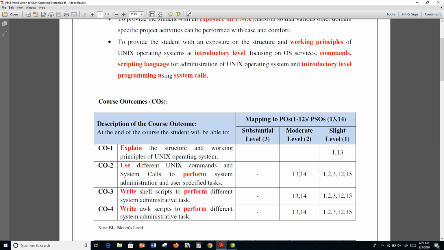The program outcomes are nothing but the graduate attributes. Again it speaks about what the student is expected to know and do at the end of the program, at the end of the 4 years. There are 12 standard program outcomes given by the National Board of Accreditation and being used across the country. I will take you through that at the end of this particular session. So this is the mapping.